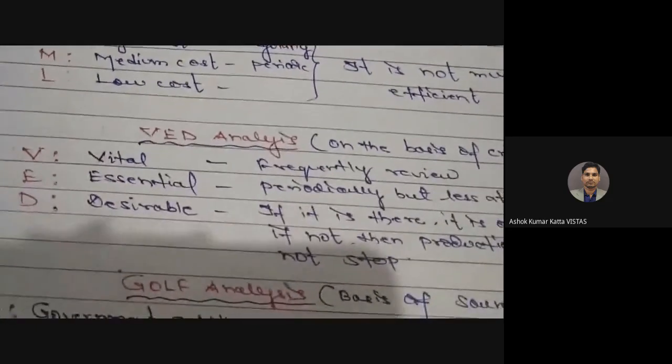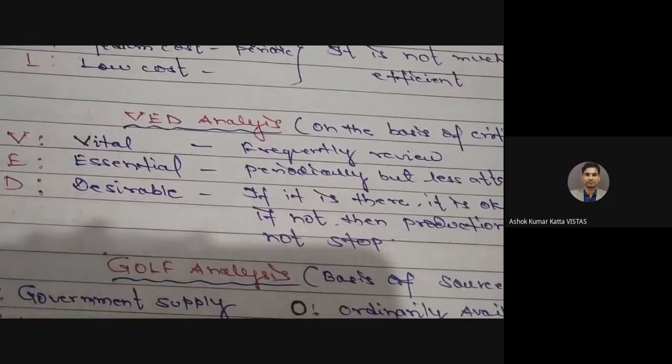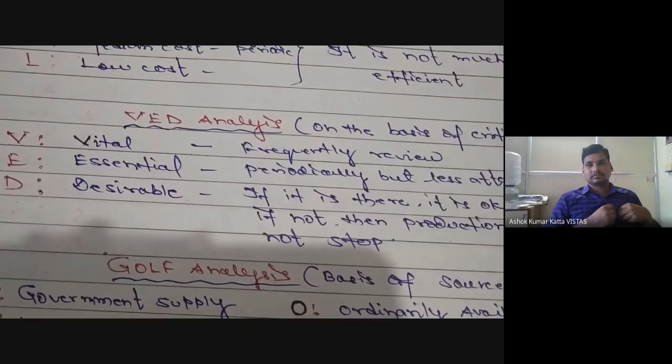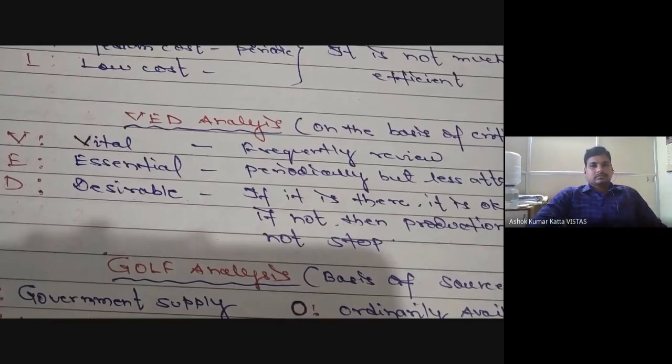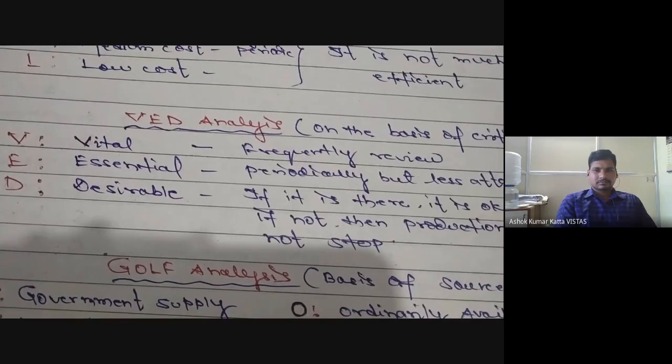This is VED analysis. This is basically on the basis of criticality of production, criticality of raw material or components in the production function or production process. We have three categories here also. V means vital, E means essential, and D is desirable. If the raw material or components come under the vital category, it means that if this kind of raw material is not available, then the production immediately stops, and there is no substitute for this particular